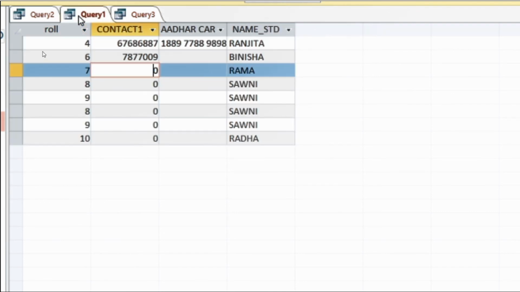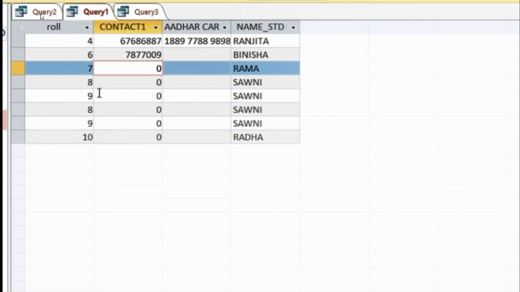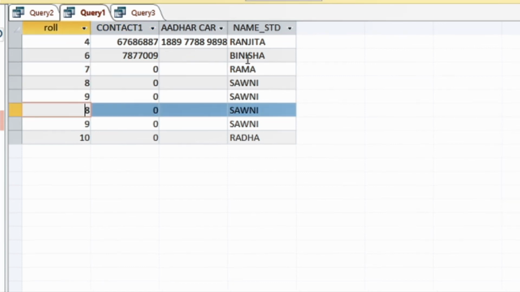We have further generated one more query, but before that, we generated a relationship. From the relationship we generated one query. From that query we generated the second query with three field names. With the first query we generated another query, that is query 3. So you can take multiple tables, or tables and queries, or both, and generate a query and apply some criteria. So that was all about generating a query and applying some conditions to your query.